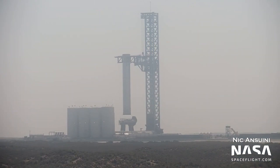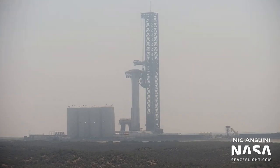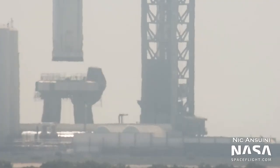Well, this wasn't really expected. Super Heavy Booster 7 has been removed from the orbital launch mount following its 31 engine static fire only a few weeks ago. Now, it hasn't been rolled down the highway, so could this move just be to give teams better access to the OLM for upgrades, or could B7 just be waiting for some space to be cleared up